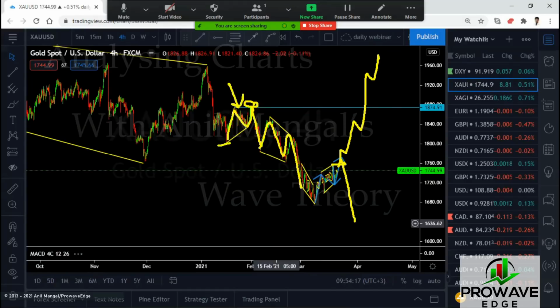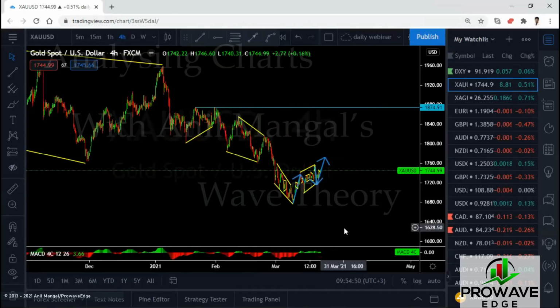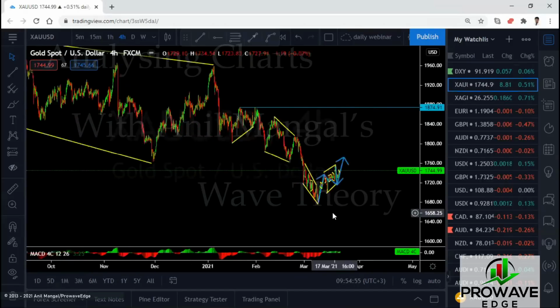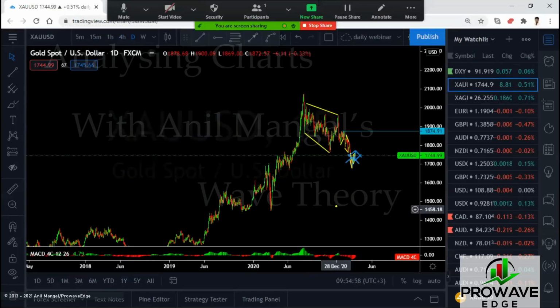Why did I know that this was going to drop and I don't know if this is going to drop? Well, we have a low here, and this one has to go and break that low before it goes back up. See the importance of the tops and bottoms that I was telling you guys about? Once the low is broken, this one is not giving you a clue whether it needs to break a low or not. This one could totally take off to the upside. And the reason why this could take off to the upside is because we have a 3-wave structure. We have 1, we have 2, we have 3. You could come all the way back to this top.